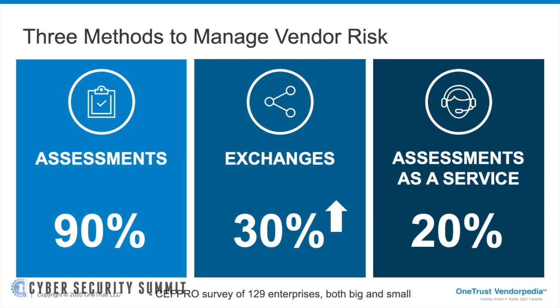With assessments, it's sending out questionnaires, reviewing answers, manually flagging risk, things like that. With the exchanges, you've seen an uptick in them as a result of this CEPRO survey, where companies are increasing their adoption of utilizing vendor risk profiles to get information out of the box and learn how to prioritize their vendors,